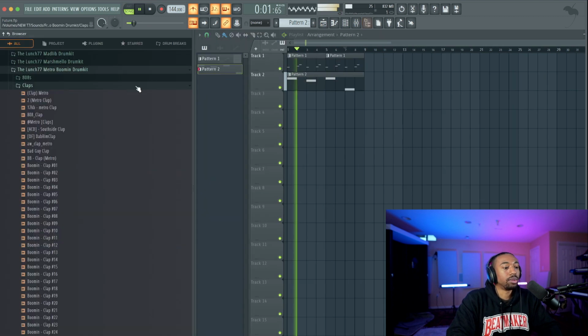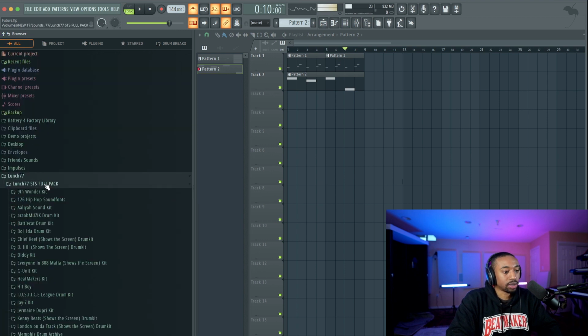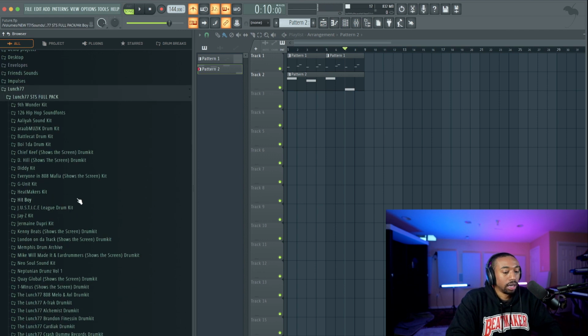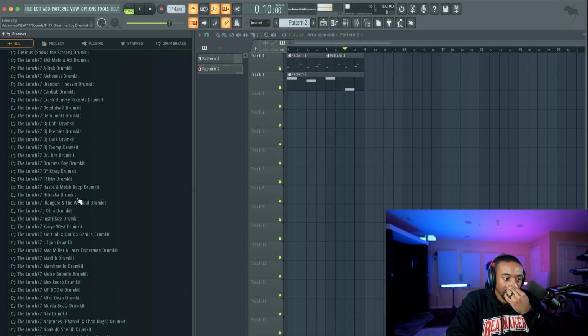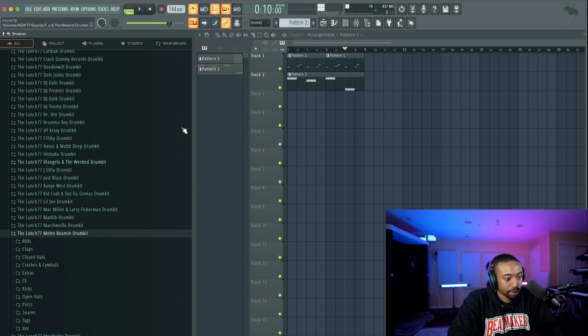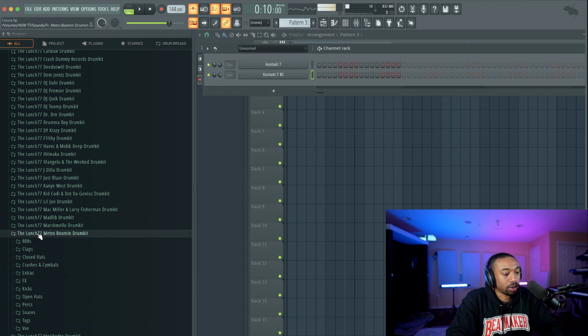Okay, now let's get the drums going. There's a pack called Lunch 77. It's in our Discord. Just go to busyworksbeats.com/discord. When you're in our Discord, look to the left side where it says downloads and then go to where it says drum kit. We have the link right there for the Lunch 77 kit. Basically, you can grab the Metro Boomin drum kit, and I will give you the project file, so don't memorize any of this stuff. I'm just showing you where I'm getting the sounds from.